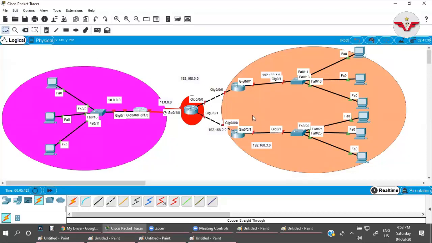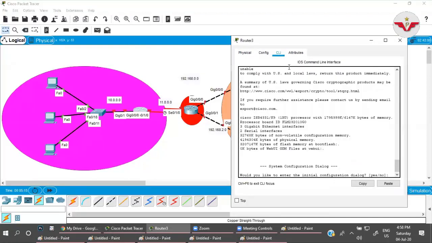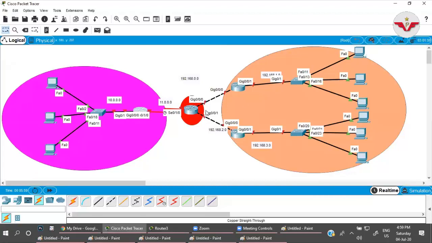Let us configure the IP quickly. The very first thing I'm going to do here is configure the IP. I will not configure the routing protocol now. First of all, I will configure the IP addressing, then I will come to the routing protocol part. I'm informing you so you know what I'm doing. The first thing is the basic configuration: I will give the IP addresses and run DHCP to provide IP addresses to the PCs. And I will change the host name of the routers in sequence: R1, R2, R3, R4. Okay, I'm on R1 now.